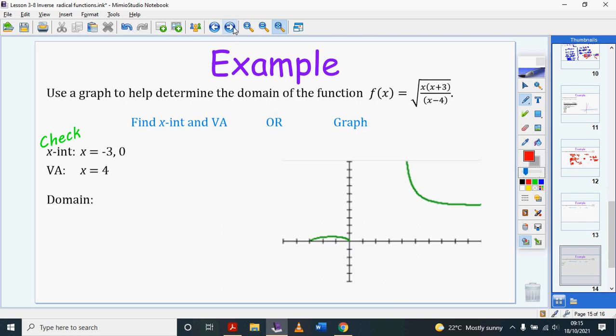Alright, yeah, so this is kind of what I was going through. Find the x-intercept, find the vertical asymptotes, and then,